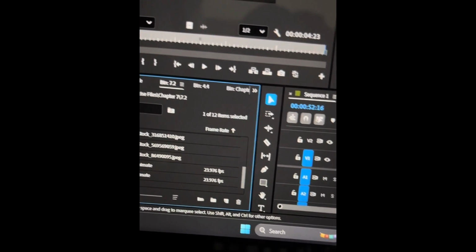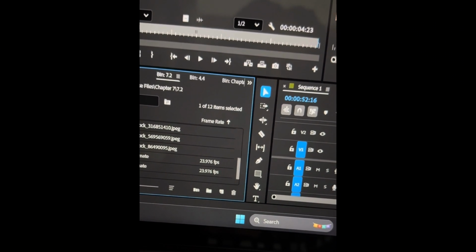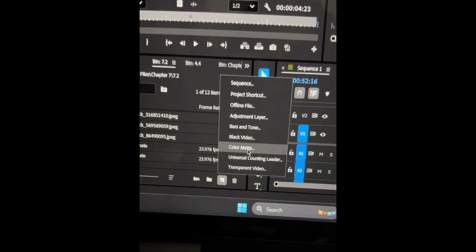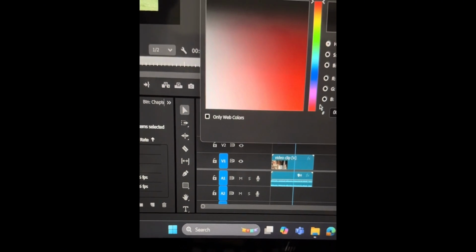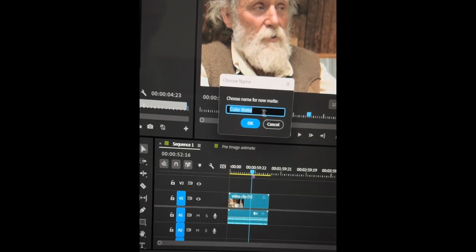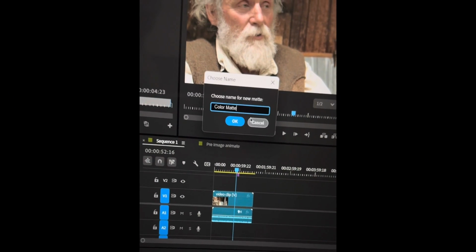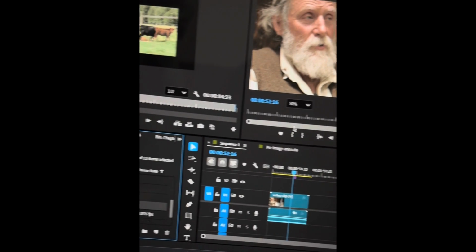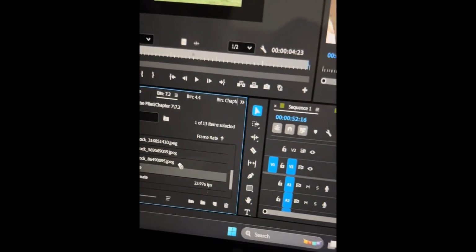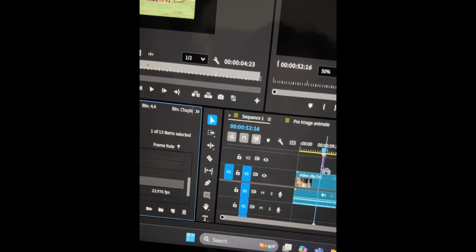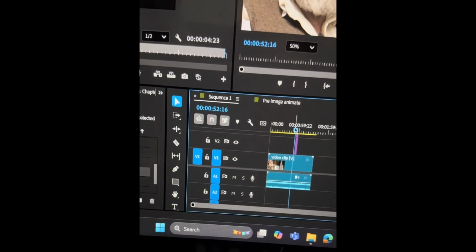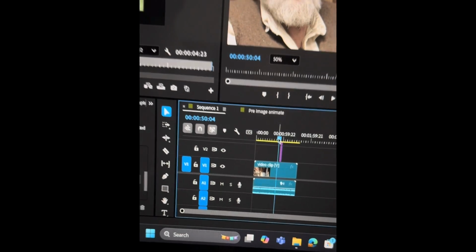The screen recording took it out, but to get the black space in between, you would hit color matte, which is right next to the trash can. Go here, click OK, and then the color appears on your screen. Click OK again, and then you can just save it as whatever name you like, but I'll just keep it color matte. And then you click OK, and now if you go back down here, it's located over here, and you would drag it and insert it in between your still image and the video that's in the background, directly in between. So if we go back over here and click play,